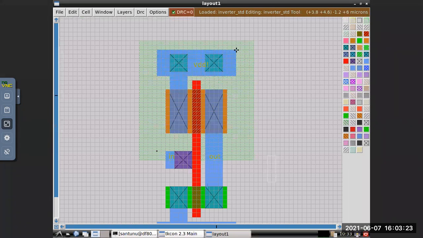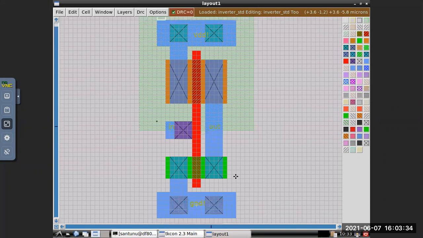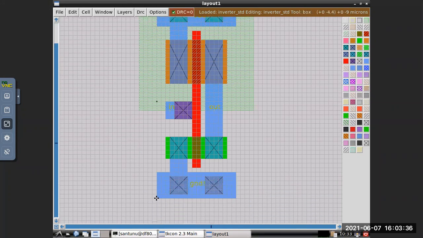So it's from this, 4.4. Okay. So 4.4 micron total height.